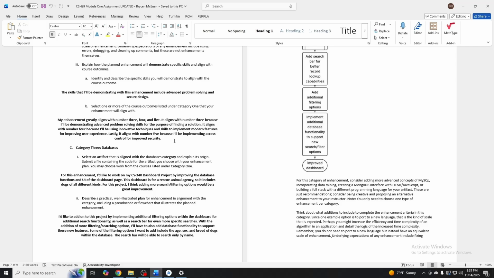So I had to figure out a way to solve that, and for that, I chose to implement the role-based access control so that you can change those permissions when you need to, and only give access to those who need it. And then that aligns with number 4, because I'll be using innovative techniques and skills to implement modern features